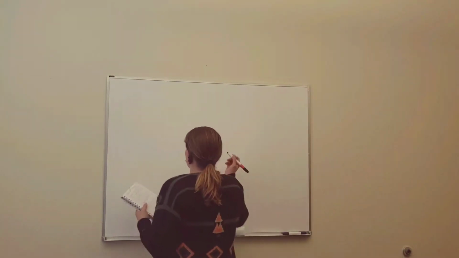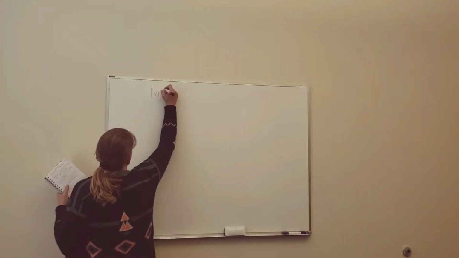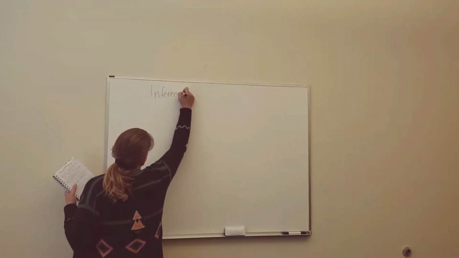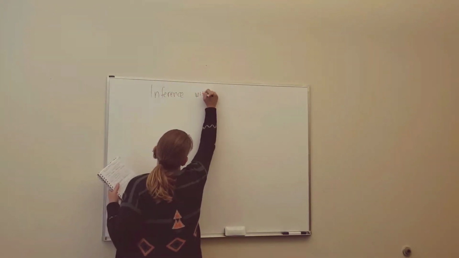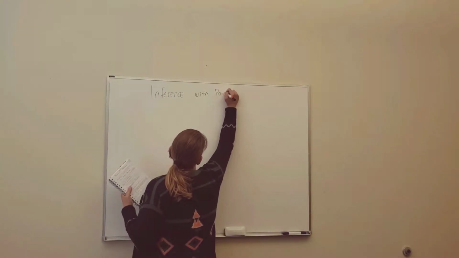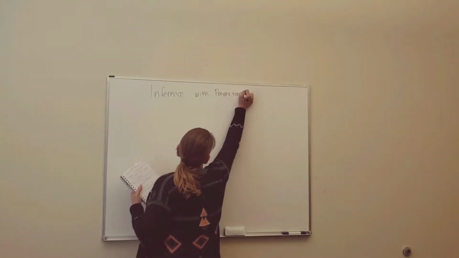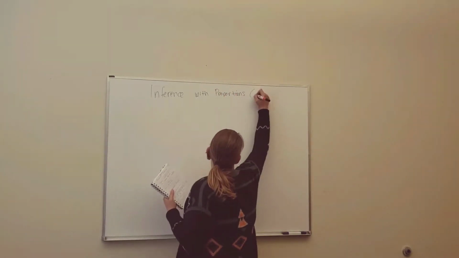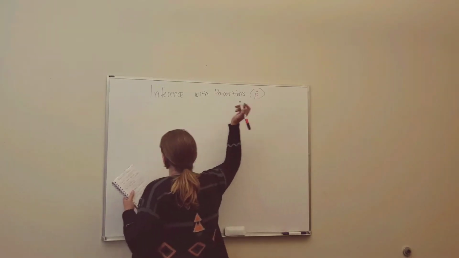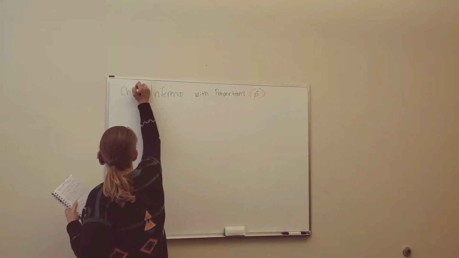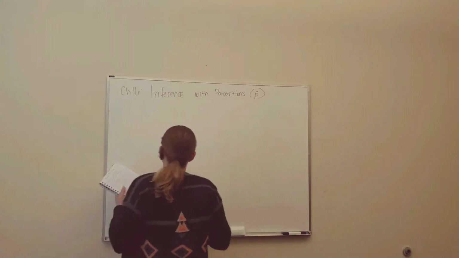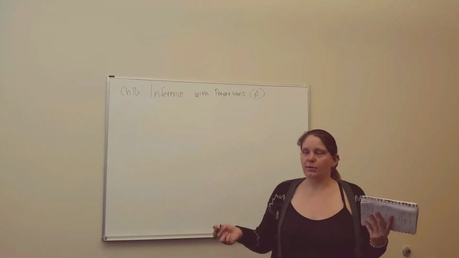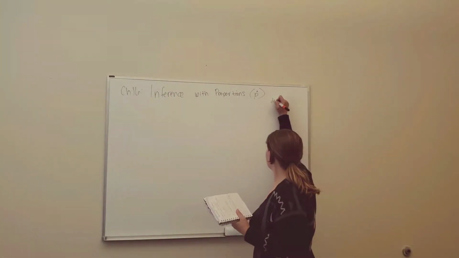So last week we started talking about how to do inference with proportions. And the first chapter, chapter 16, talks about how to do it with one sample,